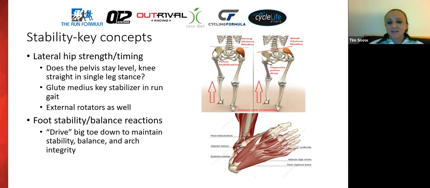Finally, in the leg, this idea of a foot core has been thrown around a little bit more lately, but pretty much we want some of these little muscles on our feet to be strong enough and stable enough. What we want to see is that the first joint here should, where's my cursor? There we go. We want to see this drive down when we go to push off to run. And what that does is it will actually elevate our arch and help maintain arch stability. There are also a couple of muscles that come from the shin down around the back of the foot that help maintain our arch as well, that become important in our foot stability.